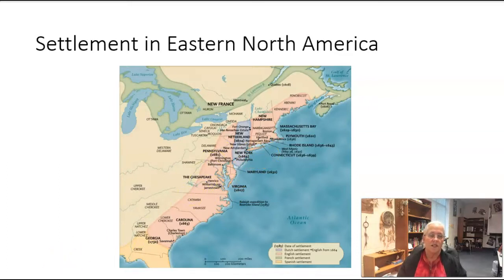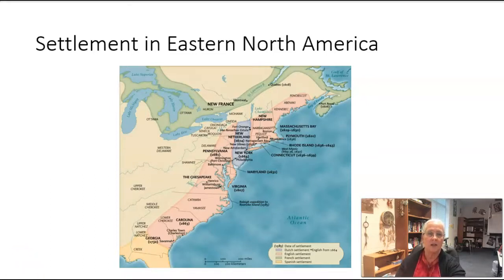So due to these kinds of problems with former indentured servants, you're going to find this move away from indentured service towards buying slaves, because slaves were always going to be a slave. They could not, by this time, weren't able to earn their freedom, so it looked like it was more profitable to buy your labor instead of renting your labor.